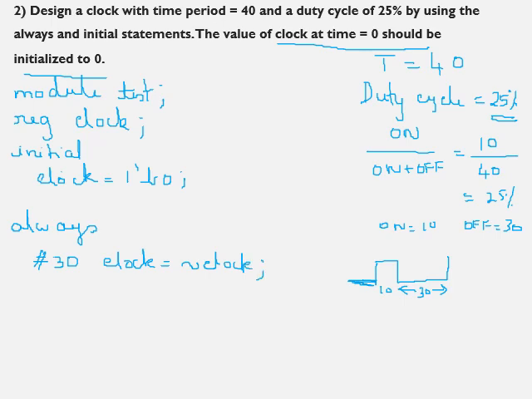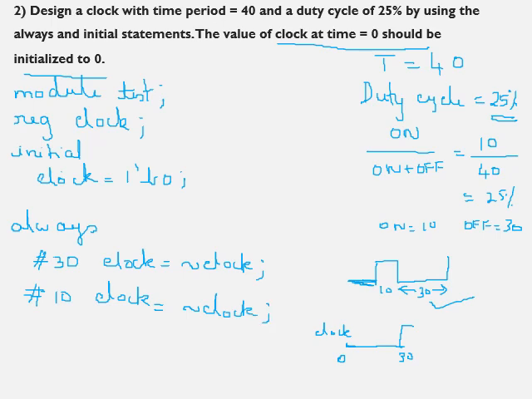So what this line will do is, initially at time t equal to 0, I have made clock equal to 0. So how long this clock should be equal to 0? For 30 time units. See here, off period is 30 time units. So till 30 time units, the clock should be equal to 0. And then after 30 I am saying toggle the clock. That means at 30 time units from 0 it will become 1. So how long it should be retained at 1? It should be 1 for 10 time units. So again after 10 time units I will say clock equal to not of clock.